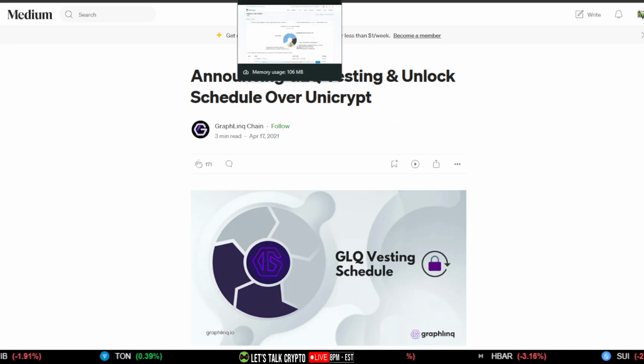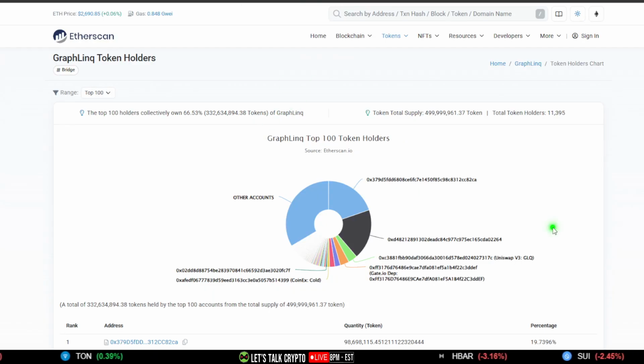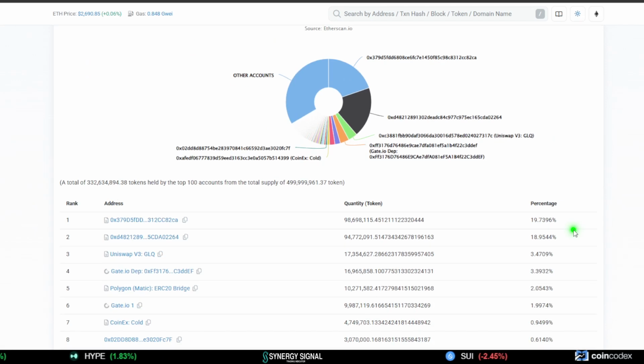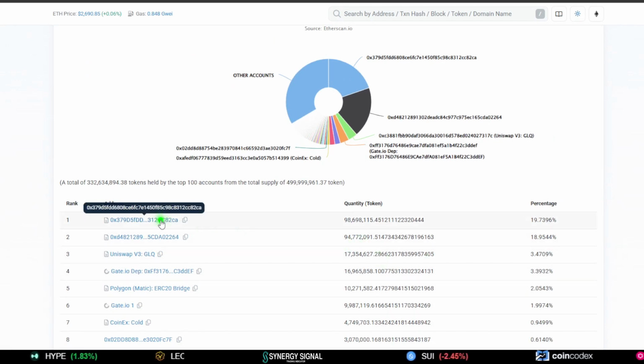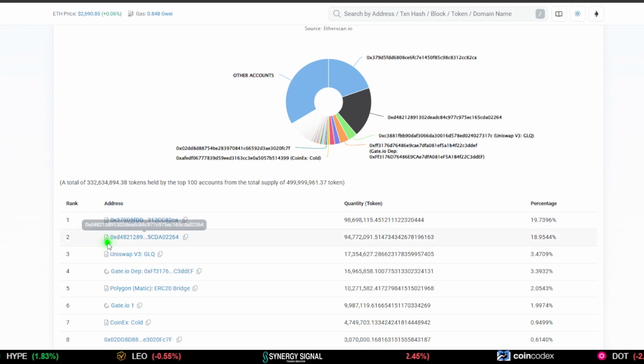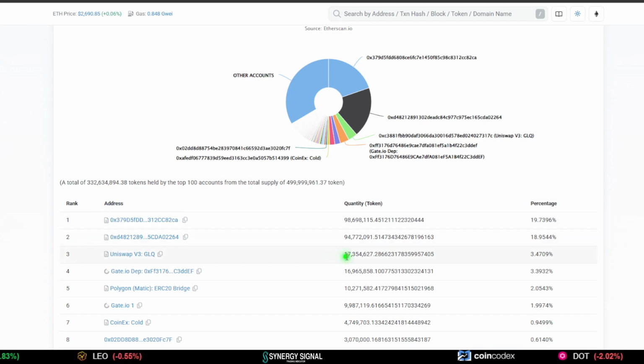And I started to jump in on Etherscan to see what's going on with those 500 million tokens. You can see 499.99 million token supply right here. And then we got some wallets. Guys, we got some wallets, 20% in this wallet. It is a contract wallet. We got another contract wallet. And those are usually safe given the fact that they're in a contract.